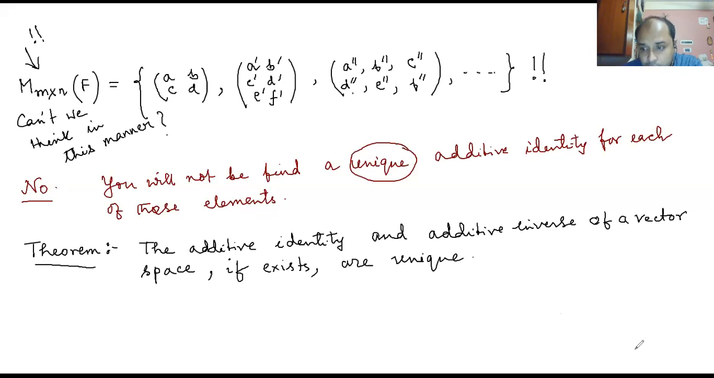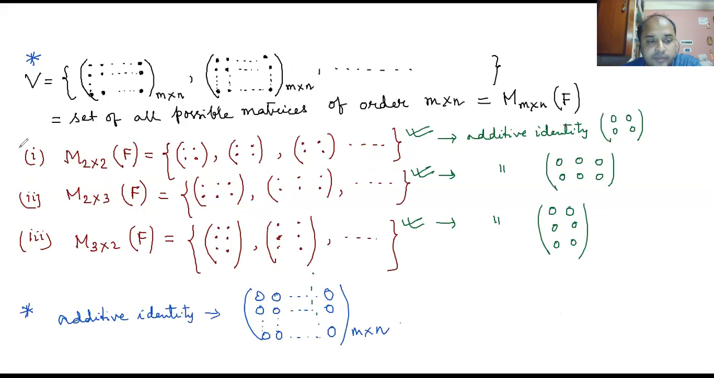Okay. So therefore, if we consider this to be a vector space, its additive identity is unique. For this vector space, this is the unique additive identity. For this vector space with m by n elements in it, this is the unique additive identity. So somehow I thought that this particular understanding was not clarified in the previous classes, and therefore I actually decided